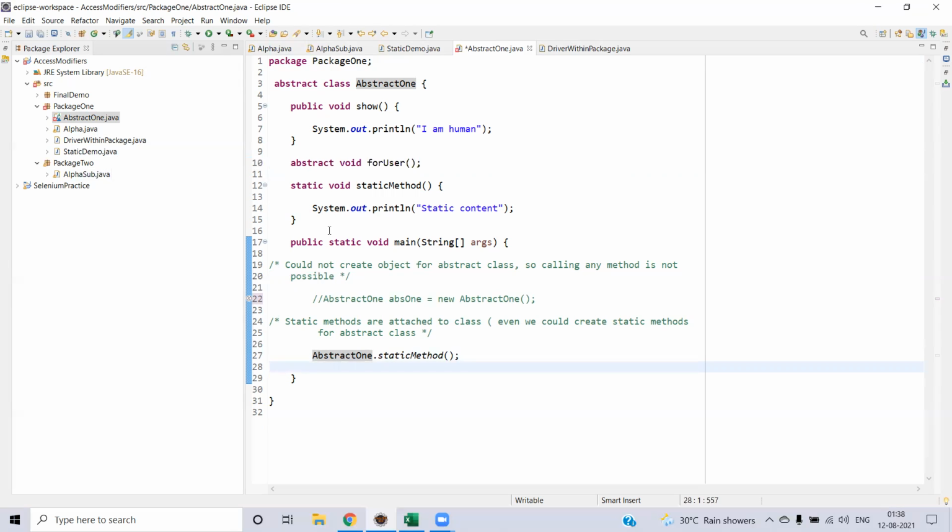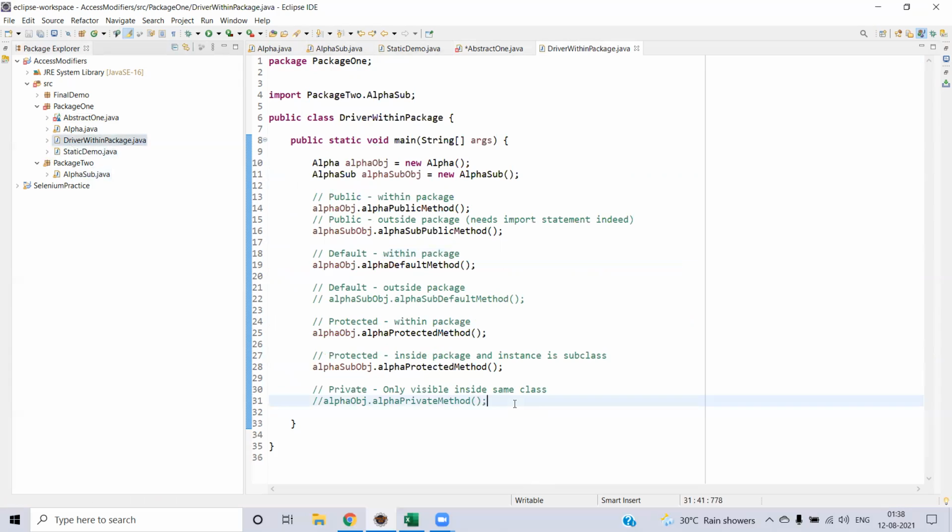If you really want to know, though it's not part of this session, we can see that one as well. For example, let's say you just extend that: extends abstract one.